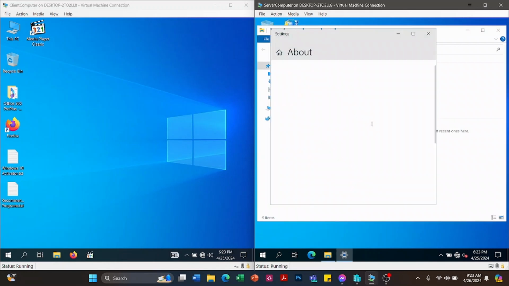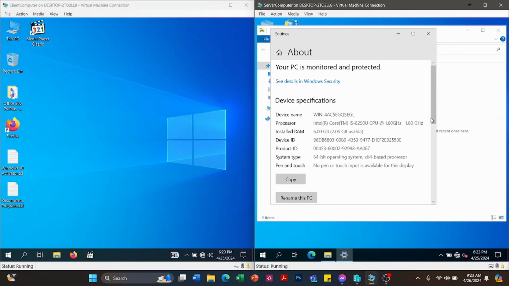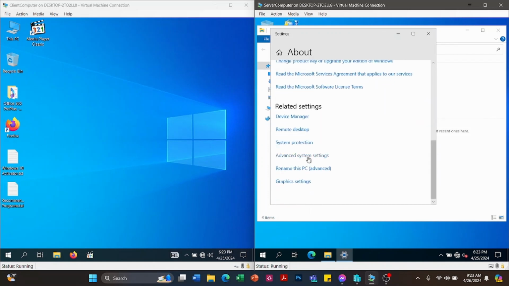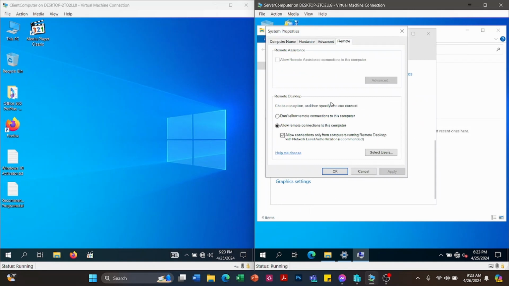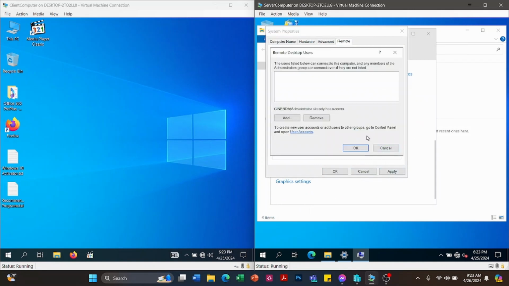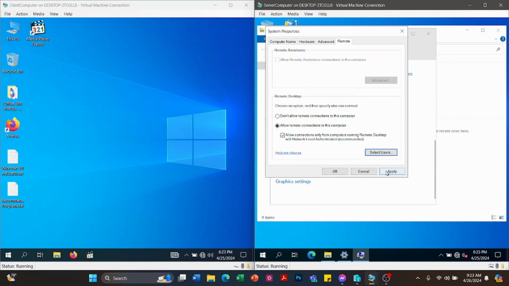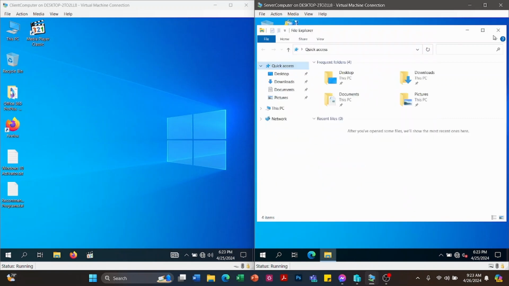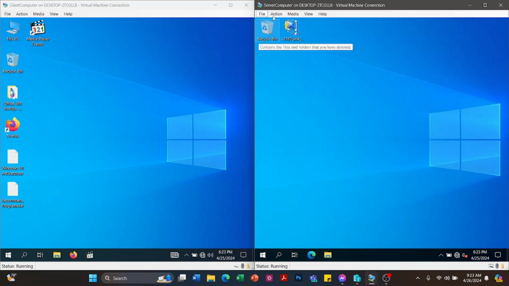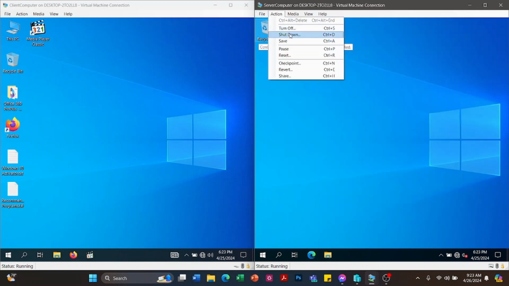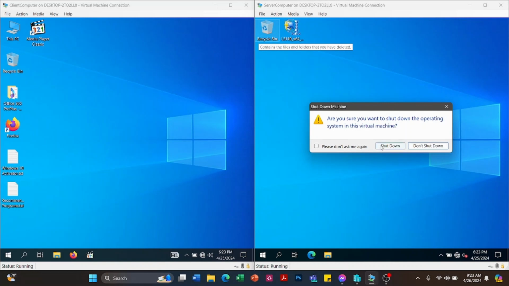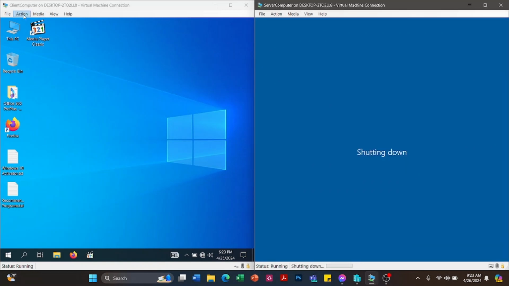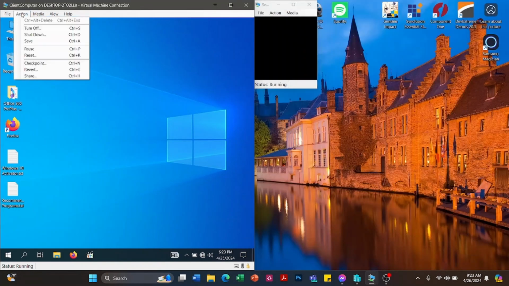But we have already allowed it. Why is that? Let's try to shut it down. Shut down the computers.